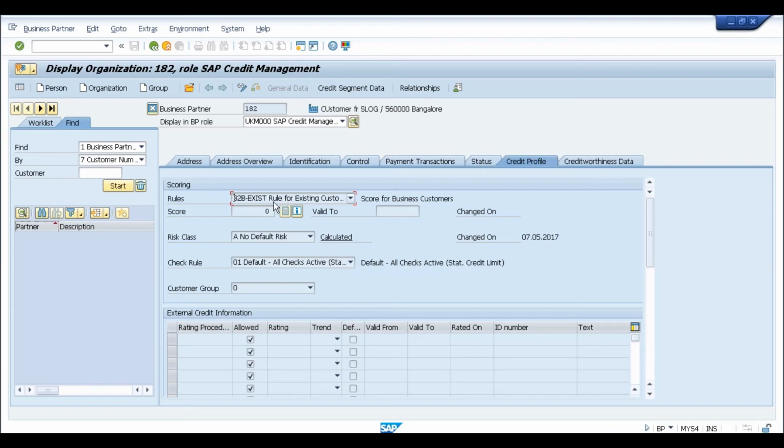And if you want to activate it, there are a lot of interfaces that you need to connect via the credit rating agencies, and you need to do a lot of configuration so that these calculations can be performed automatically in the background. So this is not relevant if we talk about the credit management that we were using till now. There is no corresponding functionality which was available in AR credit management. So please don't get confused between this rules and this check rule. We are focusing on this check rule only.